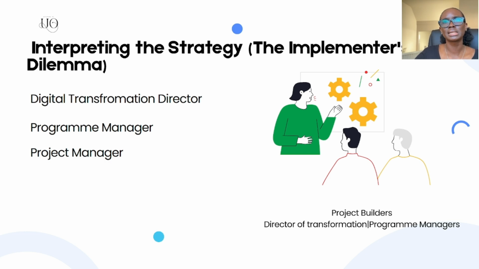Now I'm going to use an example. So let's say the strategic goal at that point is to be digitally ready for winter pressures. That is the strategy, right? Now, what does the implementer do about that strategy? So what that means to the implementer and what they actually do is, take for example, they are trying to manage winter pressures digitally. So it will probably look like onboarding 200 patients on a remote monitoring platform by October,